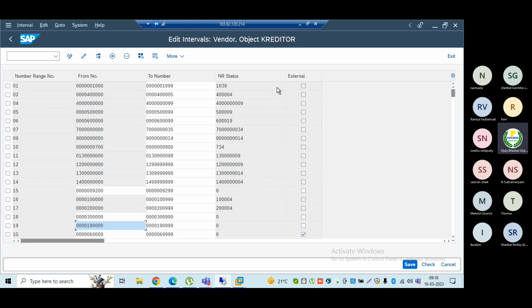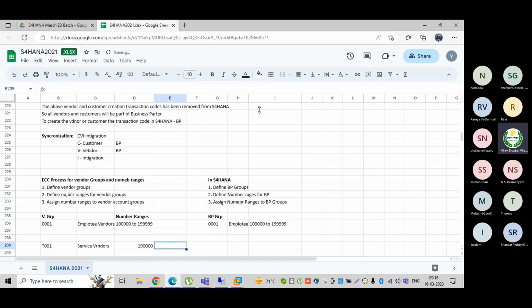Then 190999. Okay, this is the number range, remember, for my vendor. 19 is what I am going to assign.